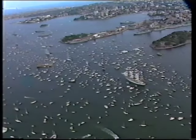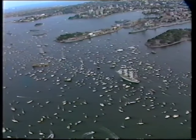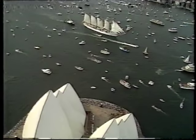We've seen everything here, and I must say the ingenuity of people, not only people in regular boats, but people going around in funny little floaty things they've made out of tins and rafts. I don't think a lot of the safety regulations have been obeyed today, but I don't think anything untoward has happened, and it's been a wonderful family day. People waving to each other, talking to each other from boat to boat. It's been terrific. So from the beautiful Mustique out here in Sydney Harbour,